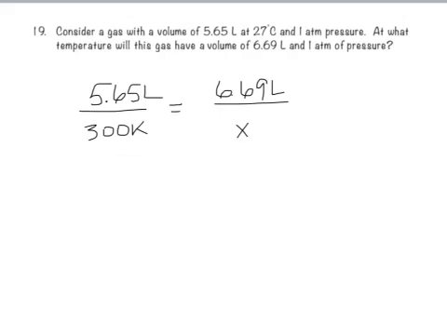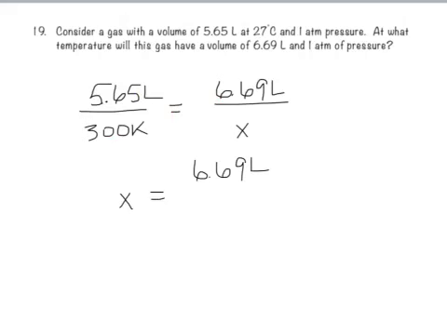All right, so we need to solve for x. I want to get x by itself, and not only do I want to get it by itself, but I want to get it in the numerator of a fraction. I do not want it in the denominator. So basically I'm going to have to do some cross multiplication and division. If I rearrange this problem, I'm going to get x equals